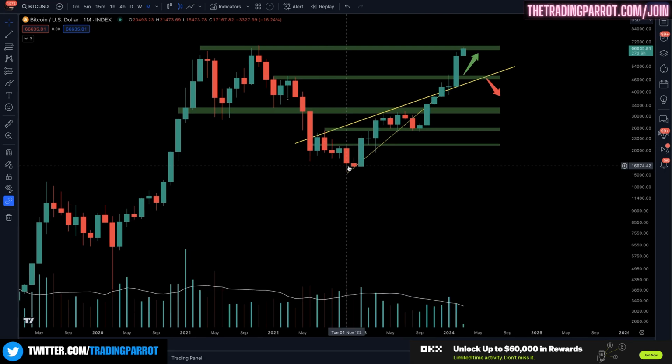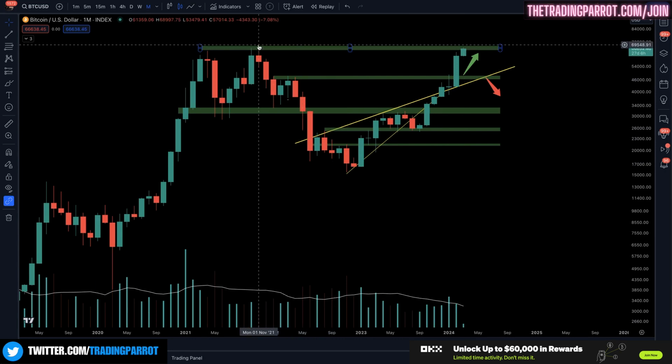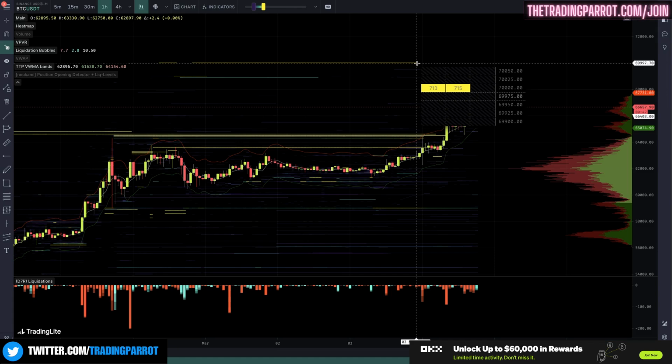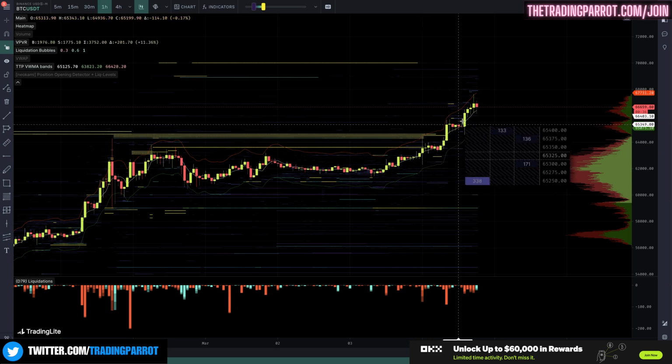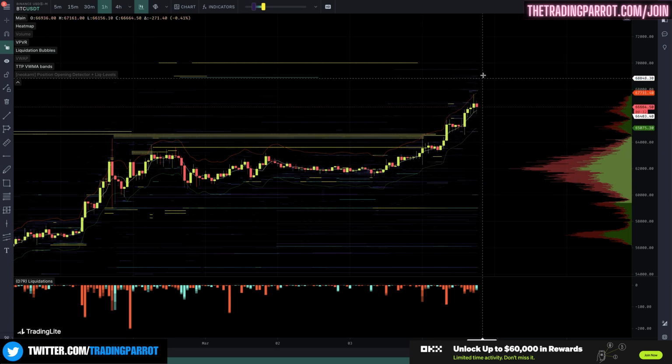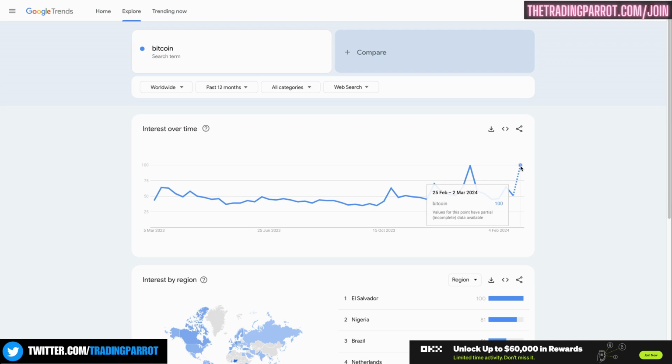It's been quite a long run all the way from the bottom, and we've been less than 1% below the all-time high at 69K. The price is currently challenging this level, and you can see how the sell orders at 70K have been pulled out one day before we started getting closer to that limit, as we enter in the rainbow chart to the area of accumulate, possibly next going into the still cheap,